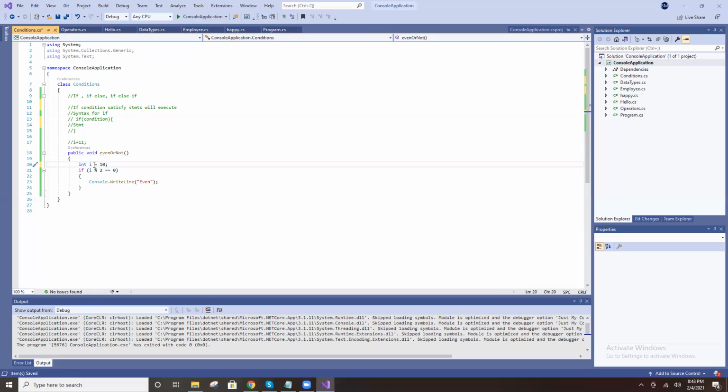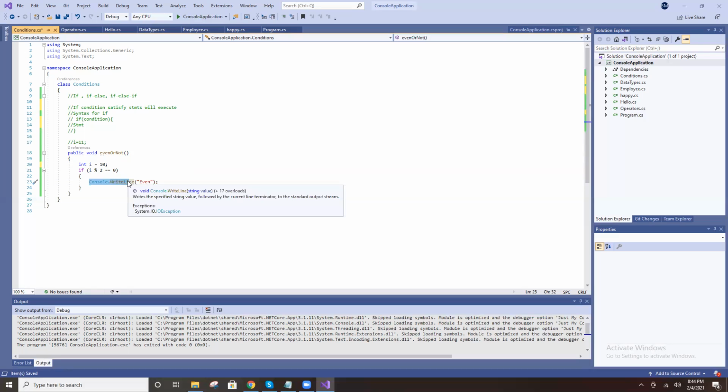See, one equals sign means assignment; you assign the value 10 to I. But here two equals signs are there. Two equals means comparison. One equals means assignment, two equals means comparison. I modulus 2 is 0, and 0 equal to 0 means both are the same.